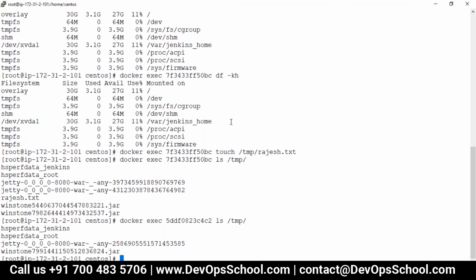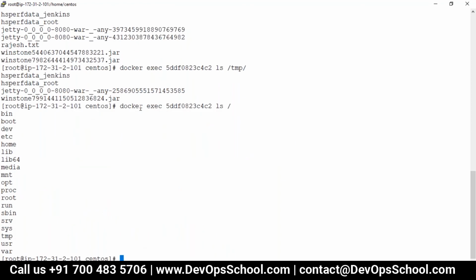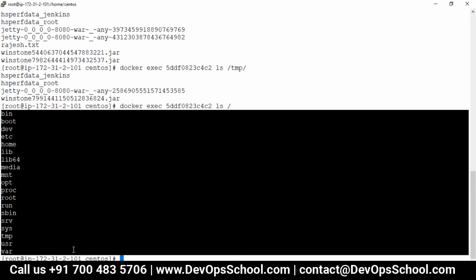And mounts, you get it. If you see the mounts, you want to see that here, ls root, see that this is the mount. This is a root file system. Every container gets it. Remember, this is inside a container. So every container gets attached to one copy of the root file system, and based on that you can write anything, and it will be a separate one, it will not be shared. But let's say if I write something in the C drive, you can access it. You write, I can access it, but here these users are not able to access it. It's a separate isolated copy.